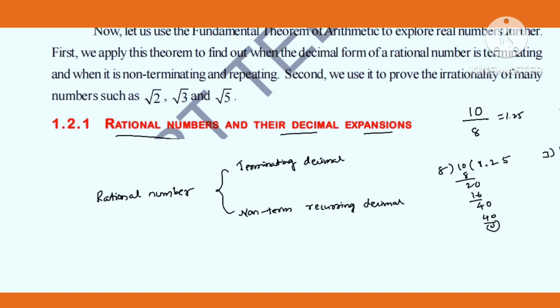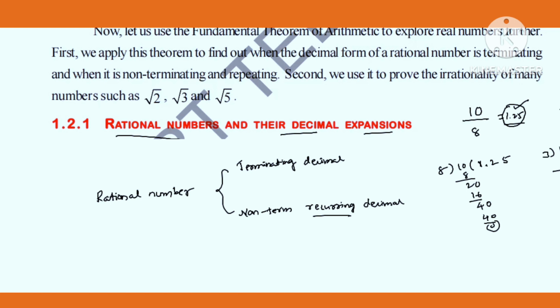But when you divide 10 with 3, what do you get? 3 threes are 9, 1 is remainder. 3 threes are 9, 1 is remainder. 3 threes are 9, 1 is remainder. Now see, this continues like this. This is called non-terminating recurring. In the first case we got a terminating decimal. In this case we got a non-terminating recurring decimal. Recurring means repeating, so that is nothing but 3.3 bar. So in the case of division, we get either a terminating decimal or